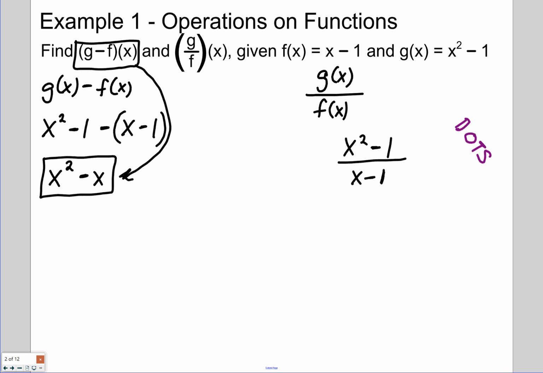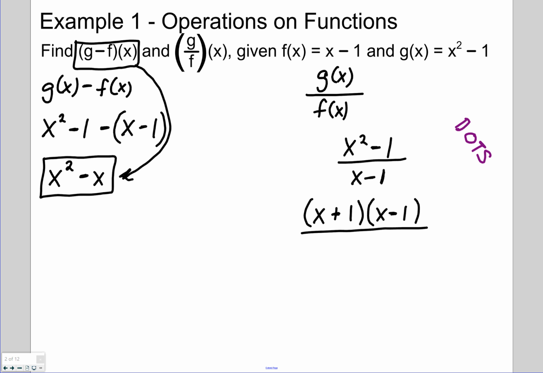All right, it's been a while, I guess, so let's factor. What is the square root of x squared? Just x. So I have x and x. What's the square root of 1? Don't think so hard. It's just 1. One positive, 1 negative. That's called the difference of two squares. That's how it factors. So if you were to multiply this out, you would get